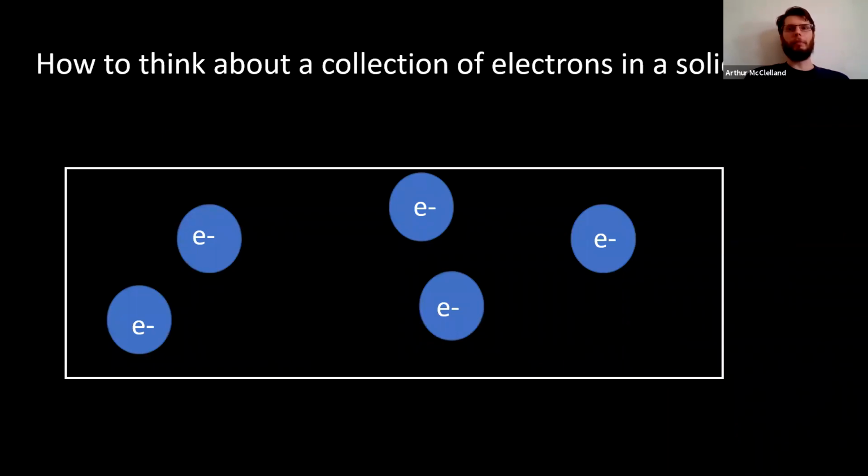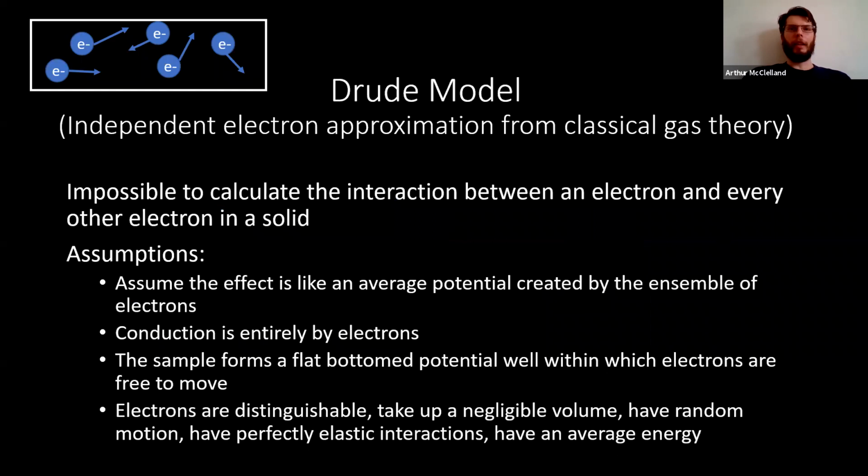So let's start really basically. So back to the physics Gedanken experiments. Let's imagine we have a box and we start putting electrons in. What's going to happen as we put the electrons in? Well, we can model them as a classical gas. They bounce around at random. This was in fact how physicists started to try to understand solids and electrical properties of solids.